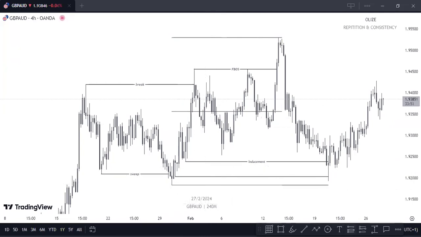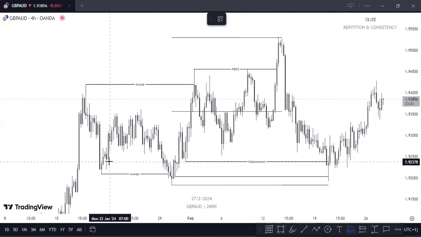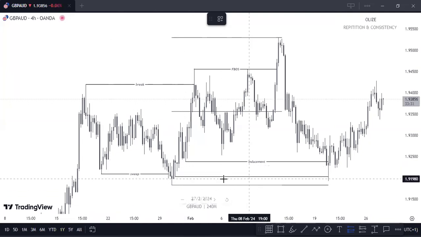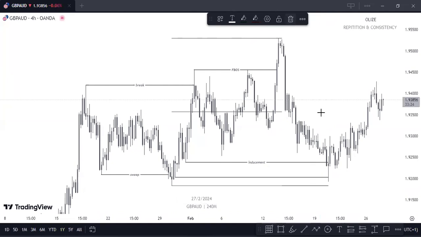For me, this was actually a 22 pip stop loss. It was kind of wide for me. If I should take the QMR, let's say this, it was up to 40 something, no, it was 50 something or 60, and that's too much to take. So I had to refine it and make use of this one for my entry due to my backtesting. Now, I told you guys that once price